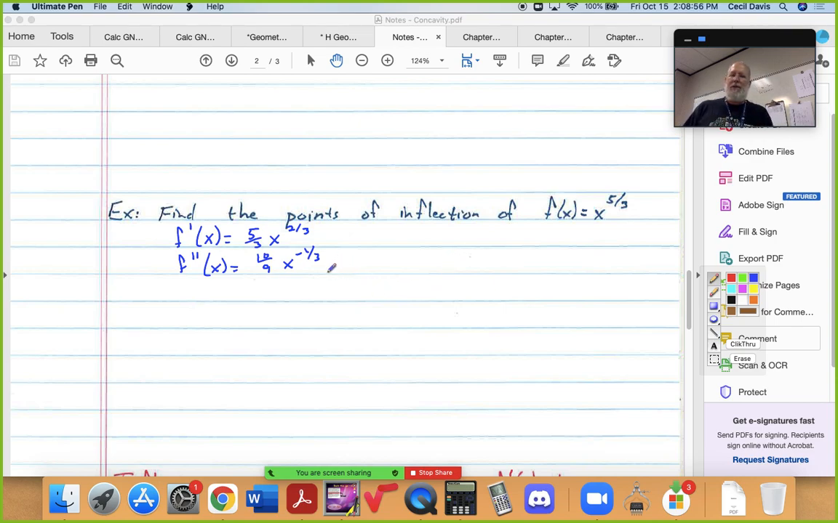Well, notice this function is never equal to 0, is it? Because that's the cube root of x in the denominator. 10 over 9 cube roots of x is never equal to 0. Does that mean there are no inflection points? Not necessarily,